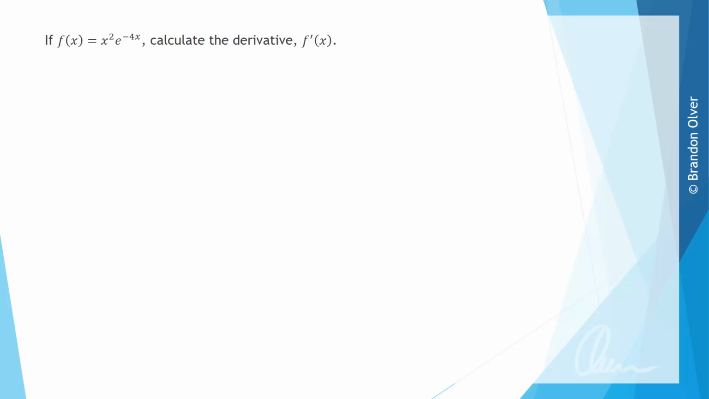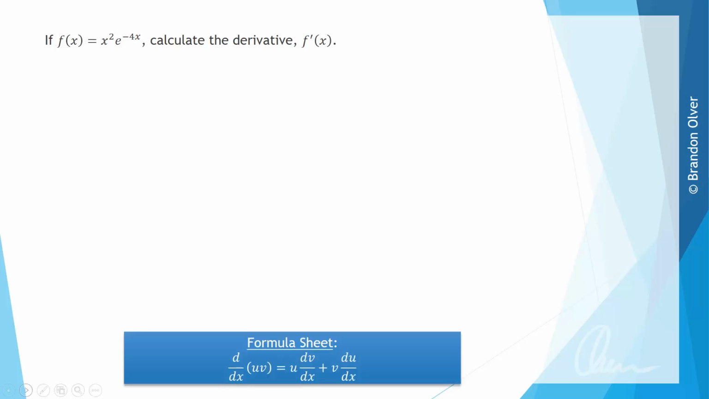If f of x equals x squared times e to the power of negative 4x, calculate the derivative f dashed of x. So to calculate the derivative when we have two functions that are multiplied together, we need to use the product rule. And that is on our formula sheet, and it says that